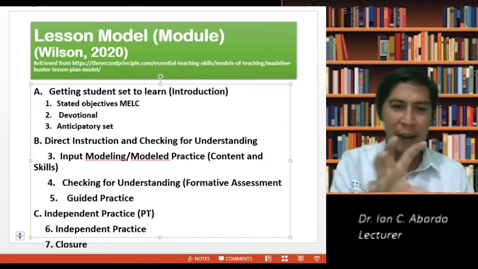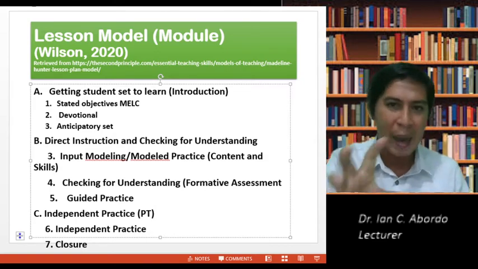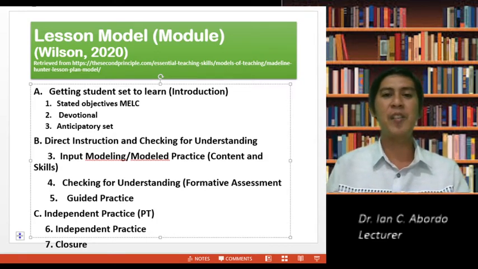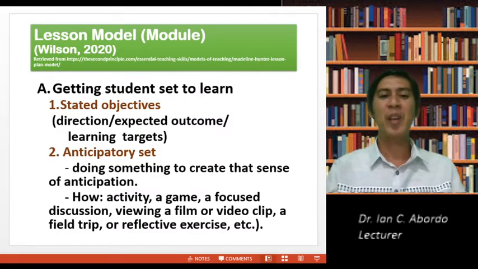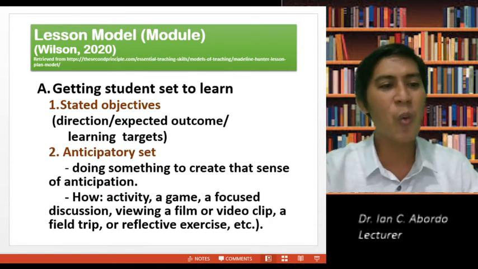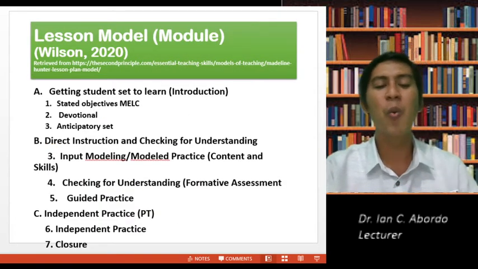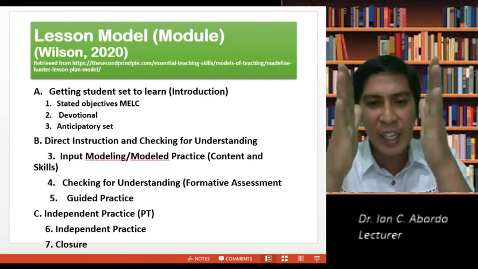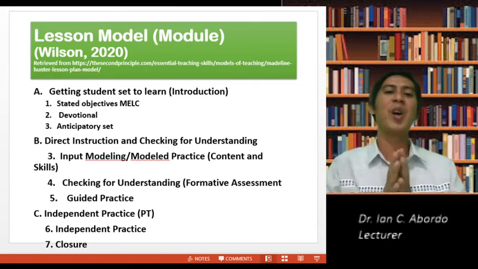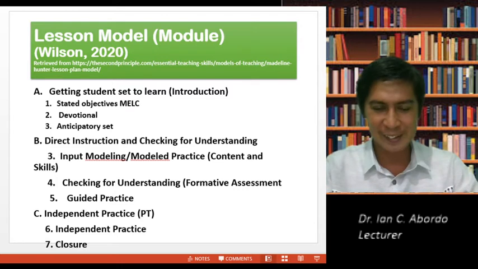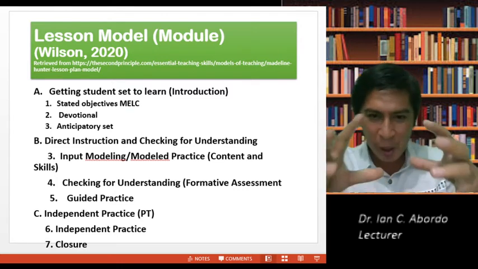is coherent. You are following a model in designing your module, in developing your module. So when we say getting students to learn, why did I introduce devotional there? And you can introduce IFL in all the aspects of the module. You can insert, because God's presence, right? So the social presence is there.